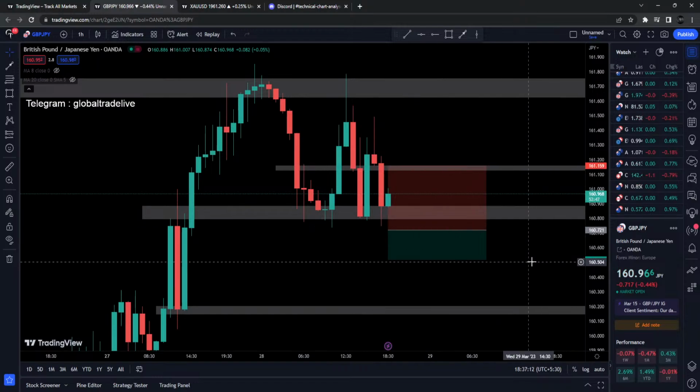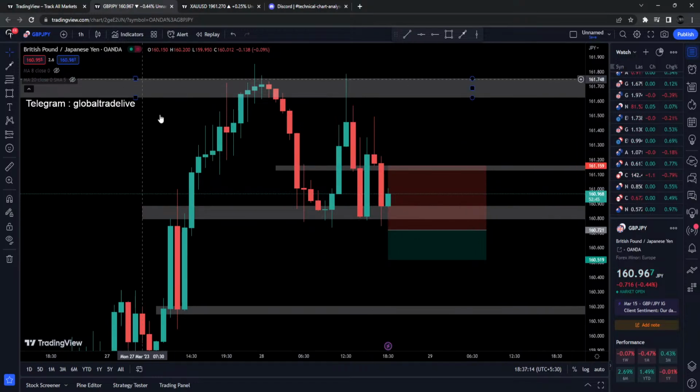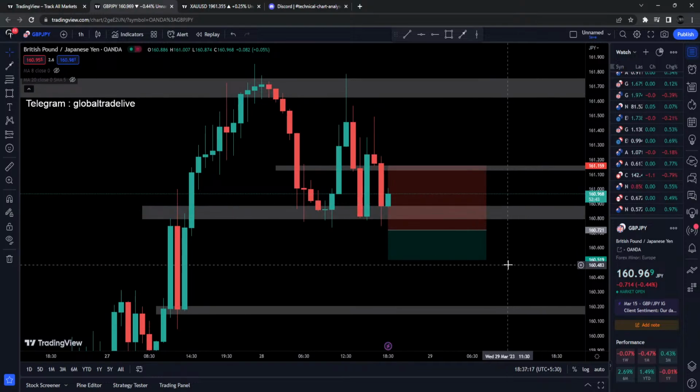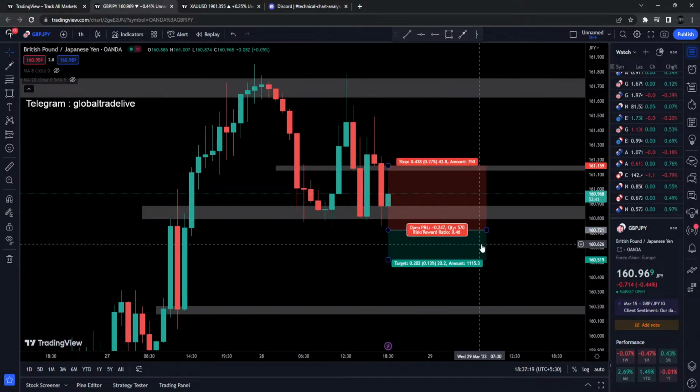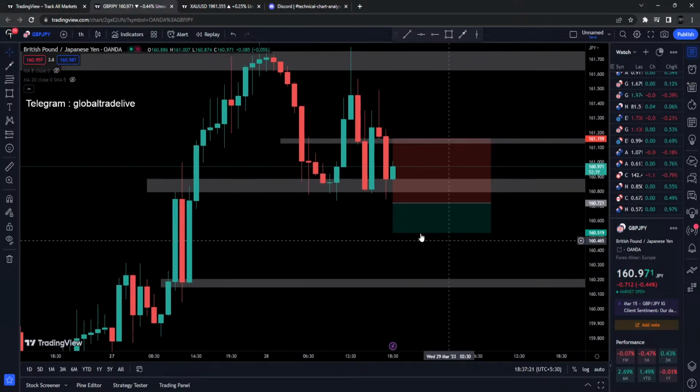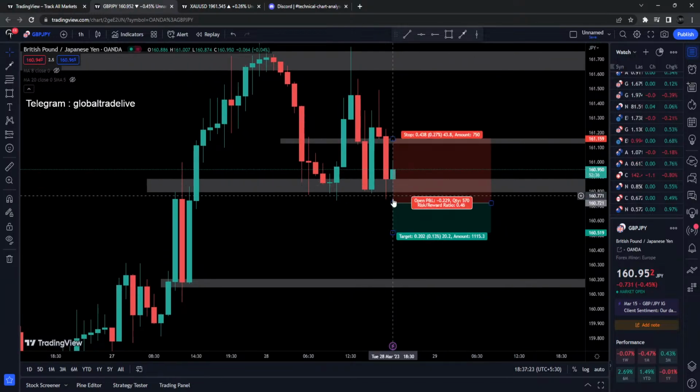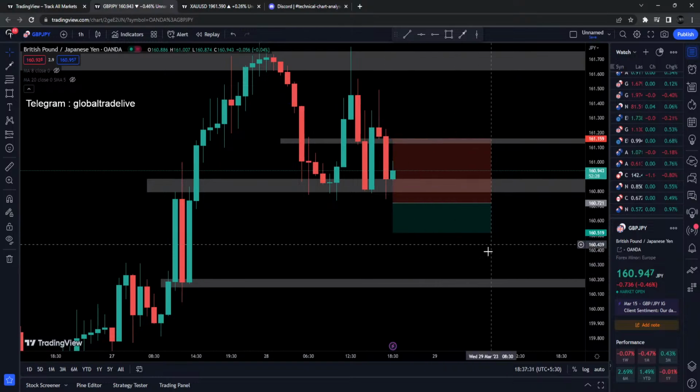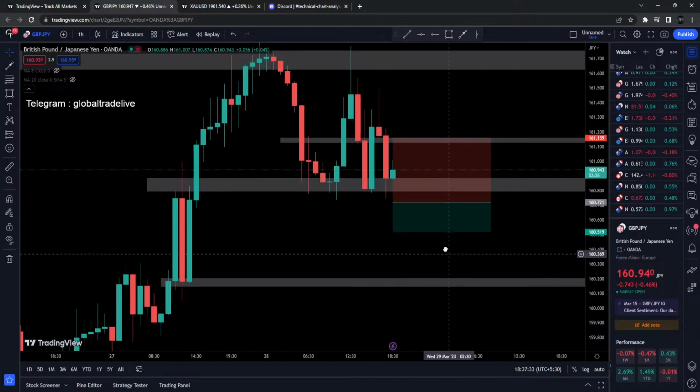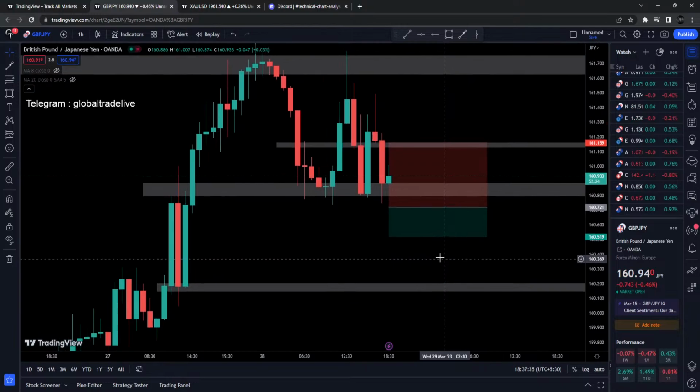So 8 minutes have just passed in the current 1 hour candle in GBP JPY. So I'm waiting for the price to break below the 160.7722 area to take sells. So let's see what happens,